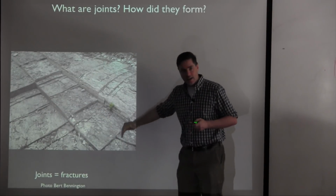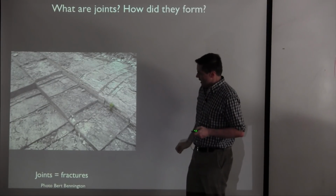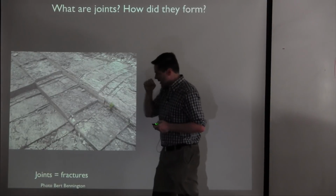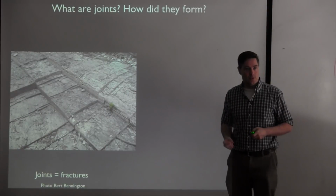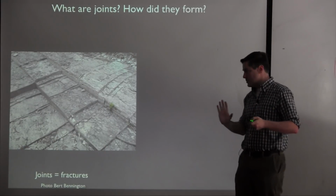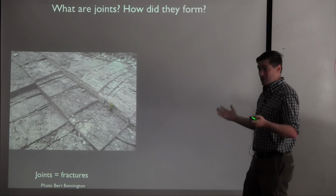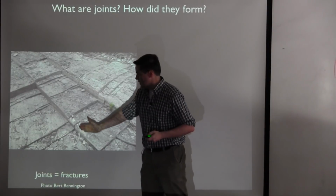They're often at right angles here in the Finger Lakes area around Ithaca. And these joints are formed during mountain building episodes that form the Appalachian Mountains. So this is all due to pressure that was hundreds of kilometers away that was transmitted through the rocks. Still didn't cause a lot of mountain building in this region, but did cause enough stress to cause these sort